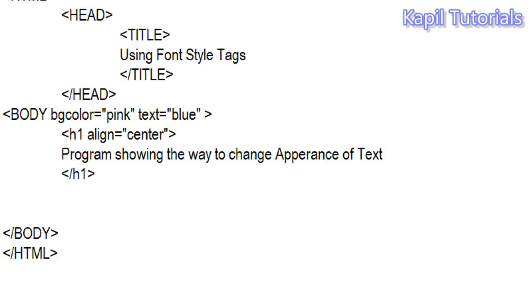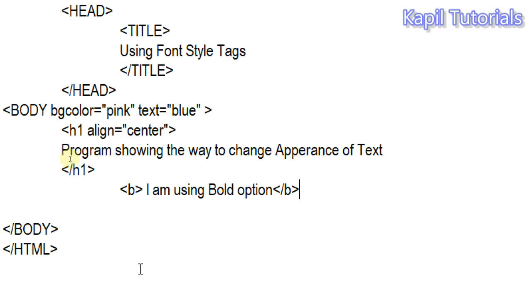Now I want to use bold. In your MS Word you have used the bold option. So what I'll do, it's very simple. Just in angle brackets you can write B. Then here I can write any text. I am using bold option. Just to save space also, I'll close this tag here only.